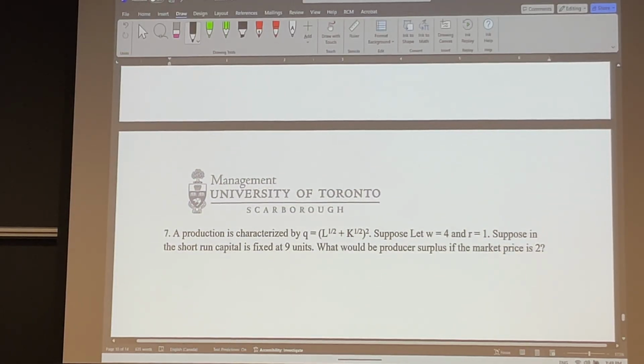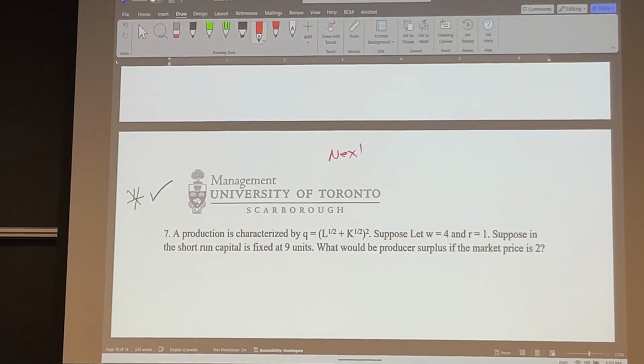The last one, this is a nice one too. This is a very nice one. This one was the final too, but it's not on the quiz either. This is, I think, on the next quiz. So learn it, it will show up. That's the next quiz. This is sort of an attempt to find producer surplus in the short run where the